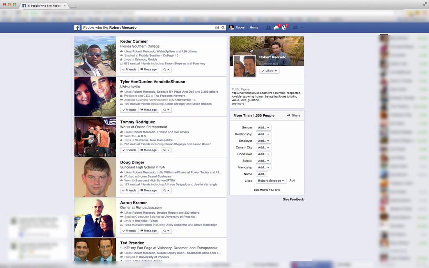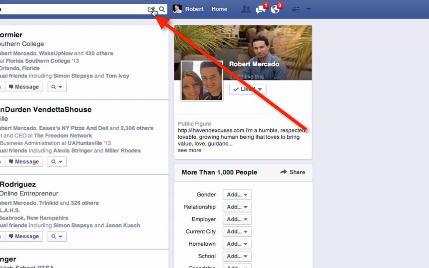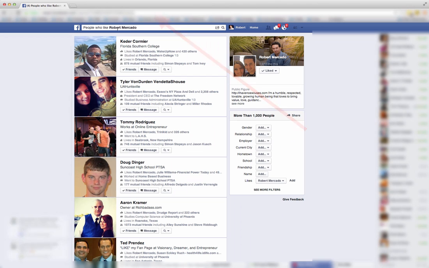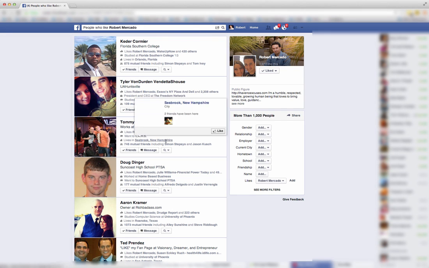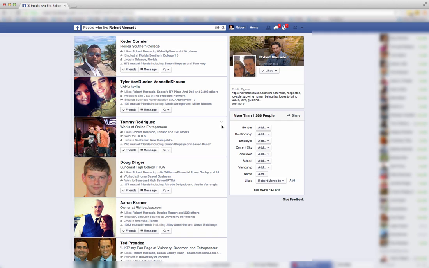Now with Facebook Graph Search, you're going to have a little icon right here that you see my mouse scrolling over, and anything that you type into the graph search bar here, you're going to be able to export the UIDs for that search. So for example, I put people who like Robert Mercado, right? So what happens is, if I wanted to, export the user IDs of everyone who likes me on Facebook,